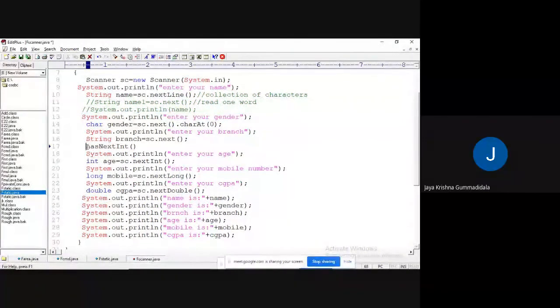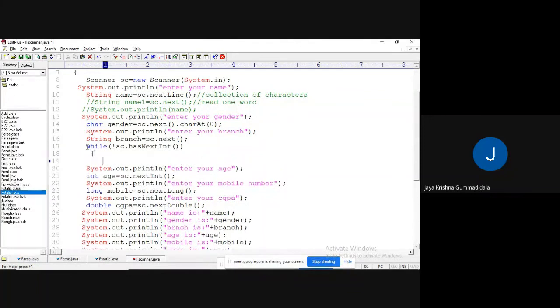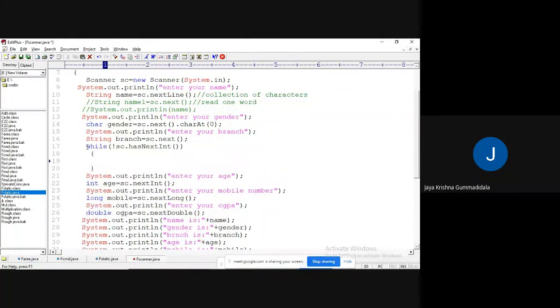So this can be multiple, right? I'm going to write sc.next, access sc.next. I'm giving a simple example to make it understandable. What will happen here? If after this statement the user is trying to enter some string values, it